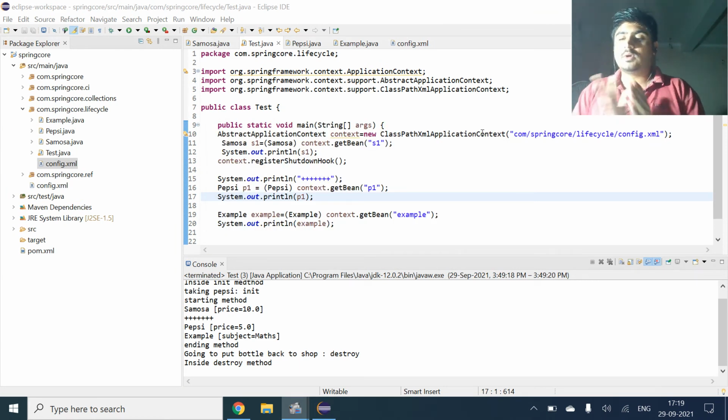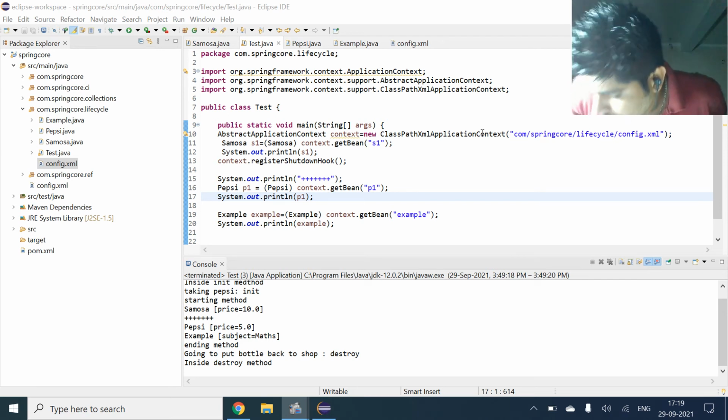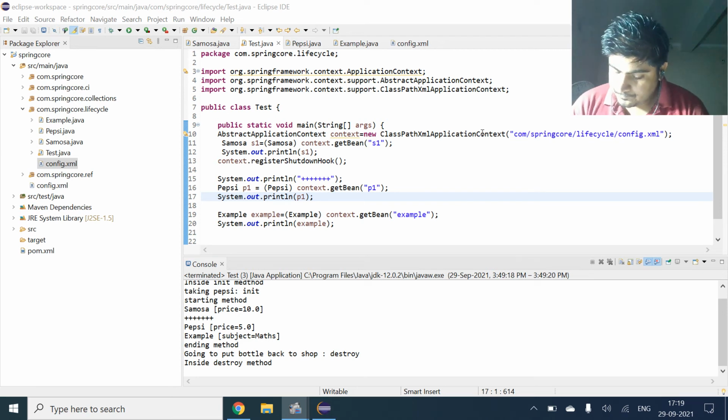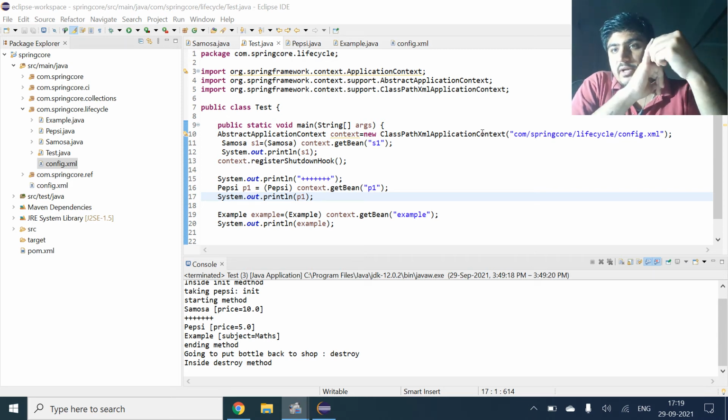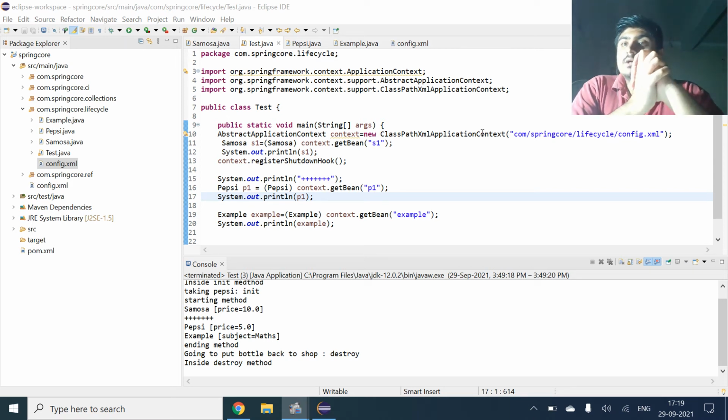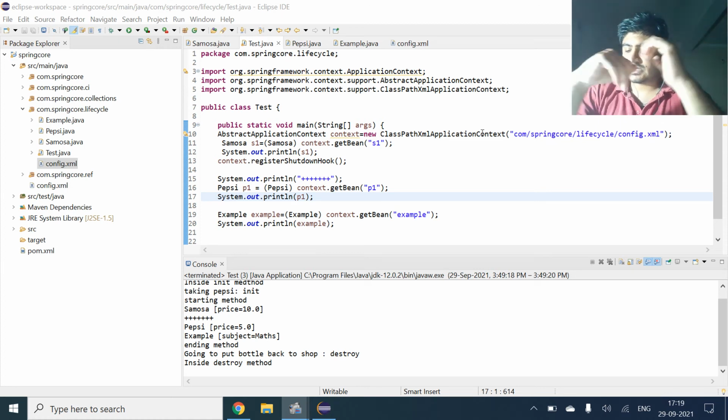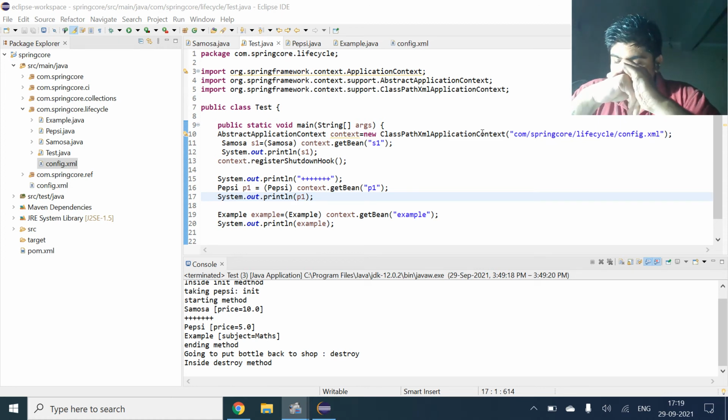Now we just have a new concept. Basically, auto wiring in Spring. After implementing the bean life cycle annotations, that is PostConstruct and PreDestroy, now we have auto wiring in Spring. So what auto wiring in Spring means is it is a feature of Spring framework in which the Spring container will inject the dependencies automatically. Auto wiring cannot be used for primitive and string values. It only works with reference types only.